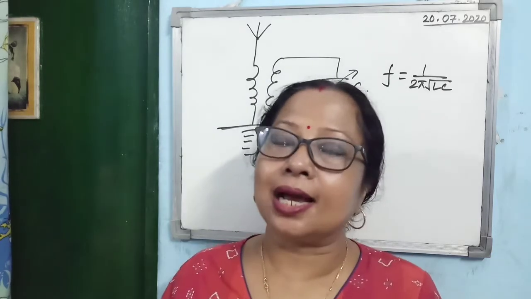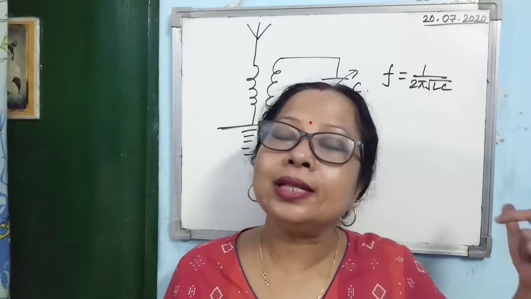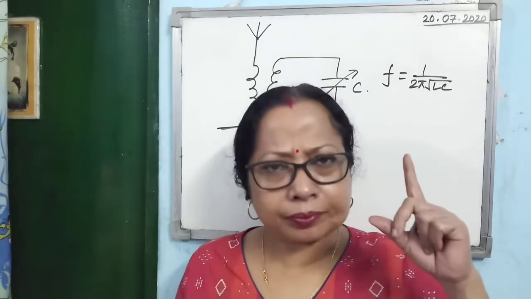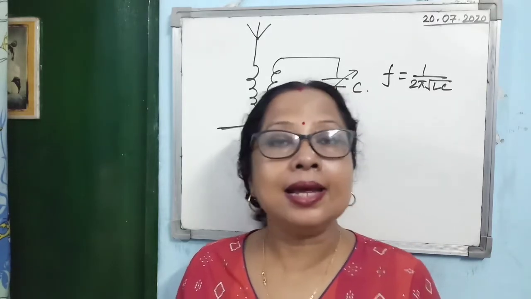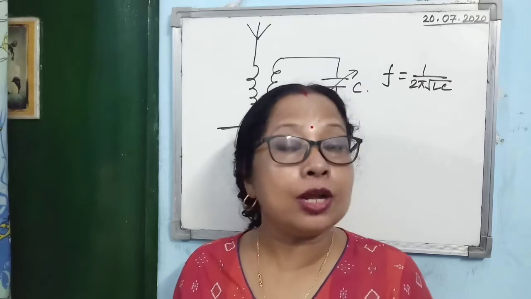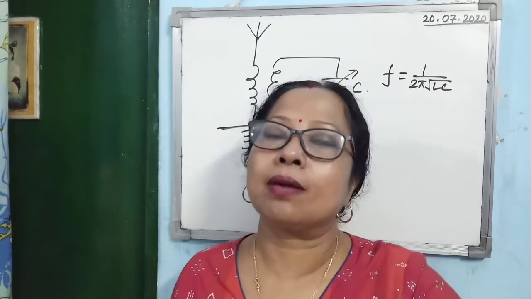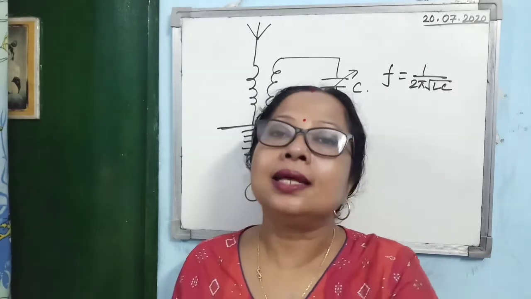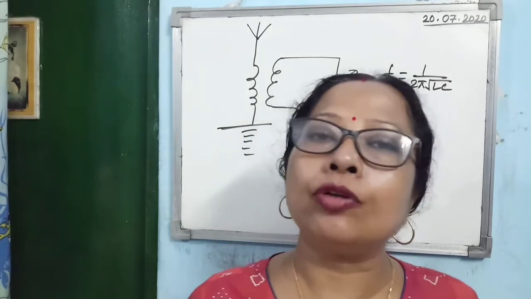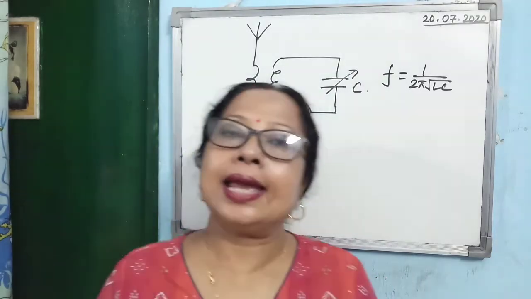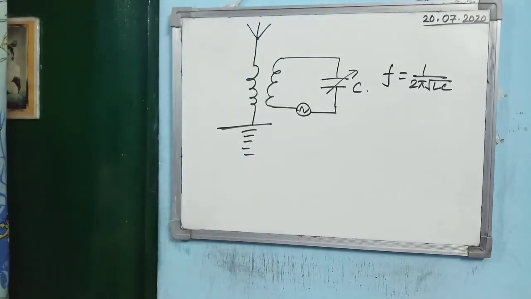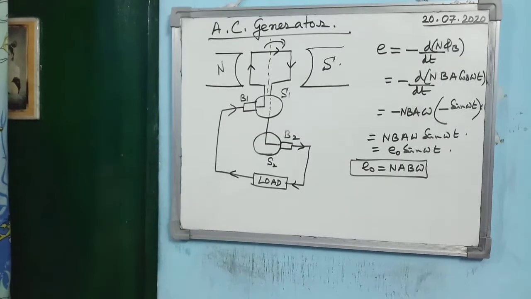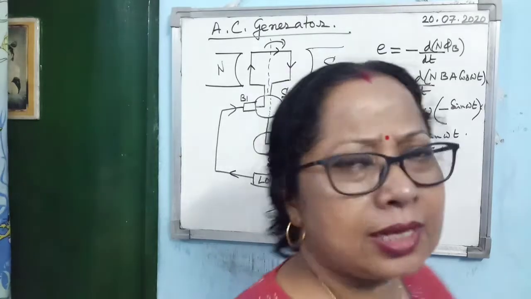Due to that signal, the current becomes maximum within the circuit, and whatever that radio station is broadcasting, you can listen to it. For that particular signal the current becomes maximum, and for the other signals the current becomes negligibly small or weak. So this is the way the LC series resonating circuit is used in the radio receiver for tuning purposes.